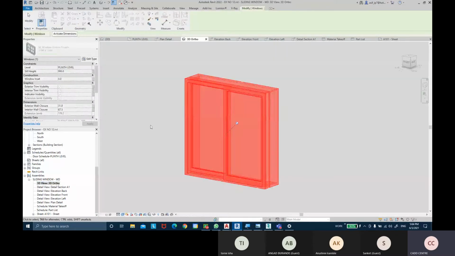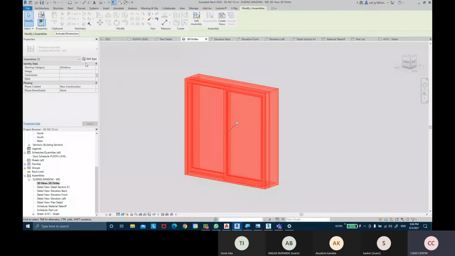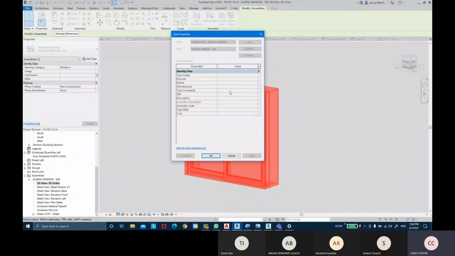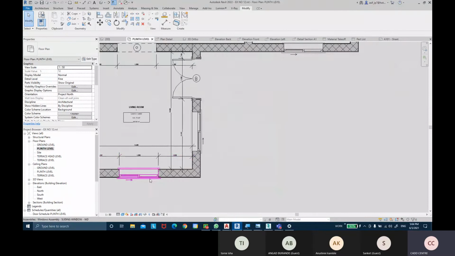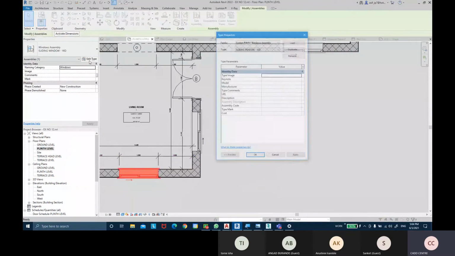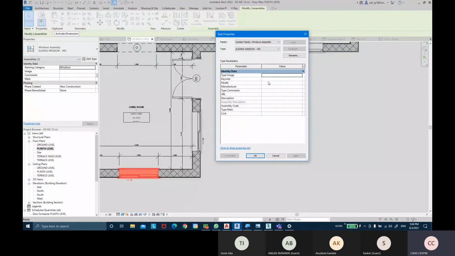So I select that window, click on edit type, or if I come into my floor plan view, select that window, type manufacturer, copy, type mark.